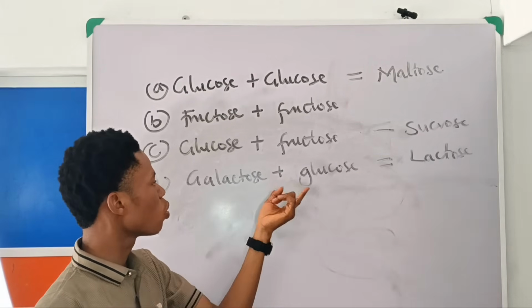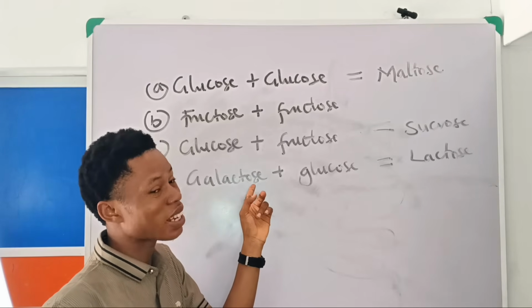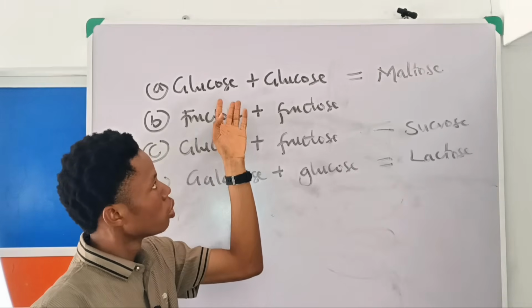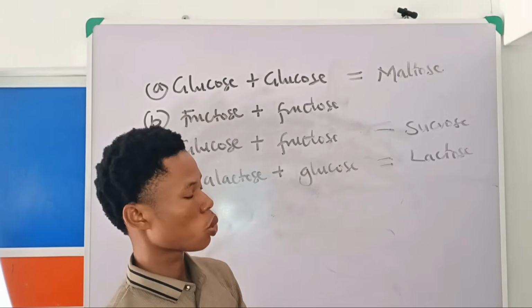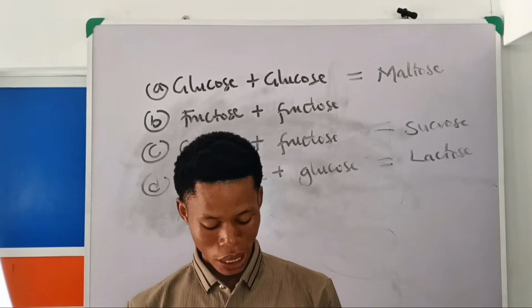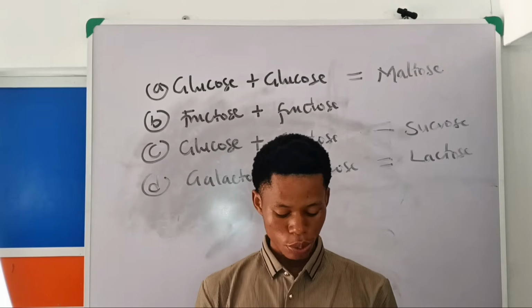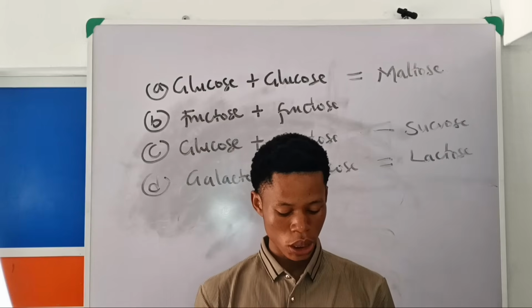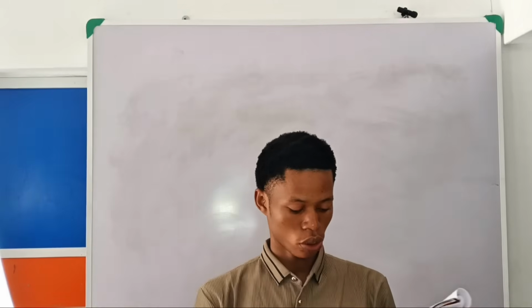All right, so glucose plus galactose will give us lactose. Two molecules of glucose will give us maltose. Glucose plus fructose will give us what? Sucrose. So the answer to that question, the product of sucrose hydrolysis, is glucose plus fructose. The next question: